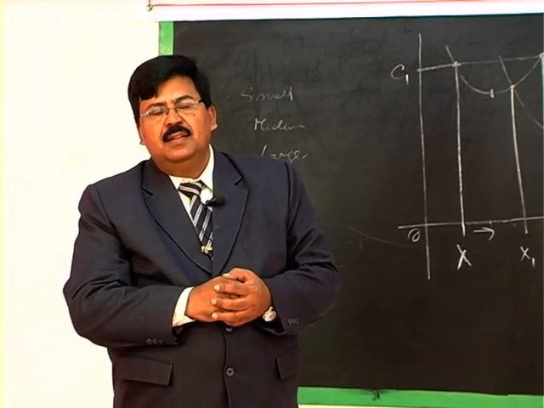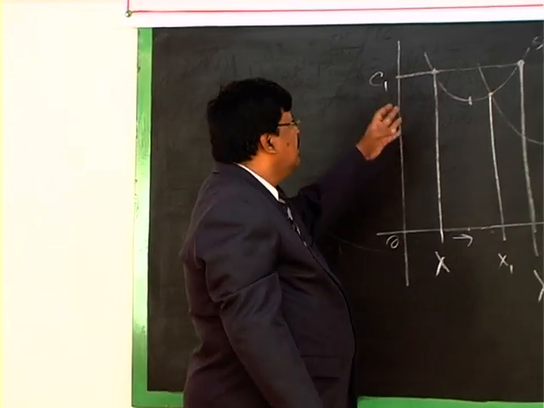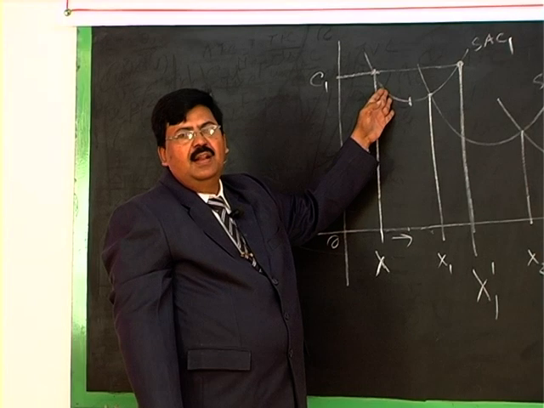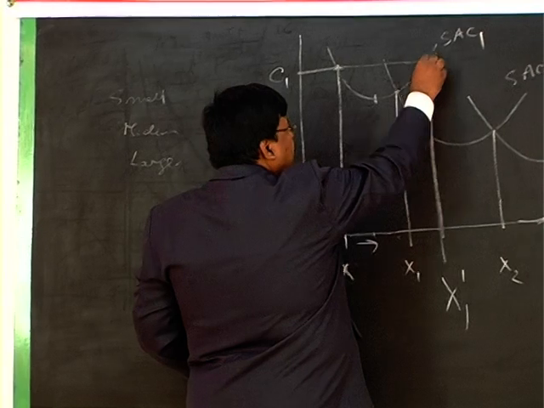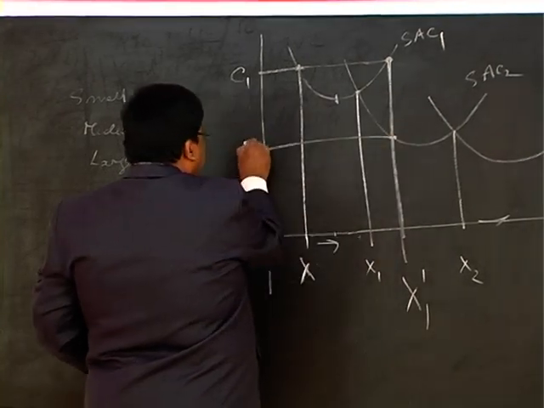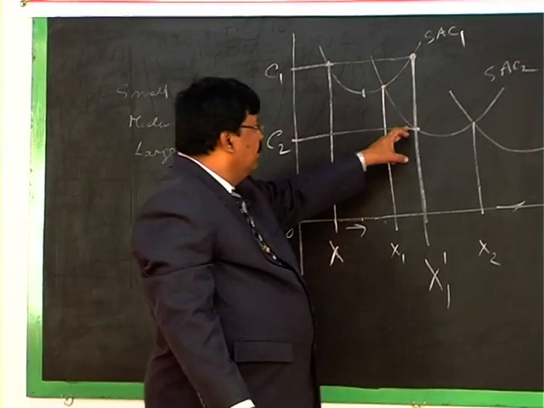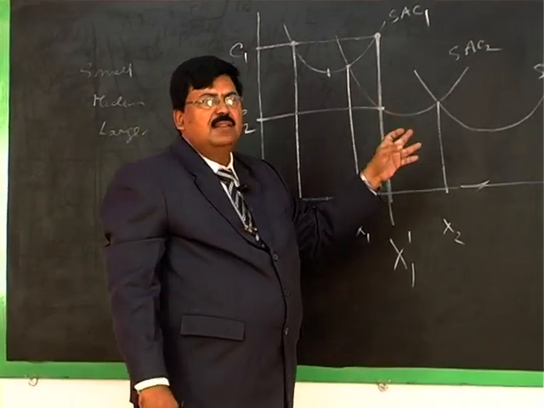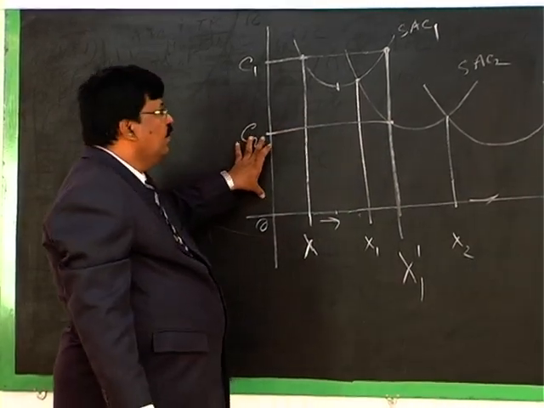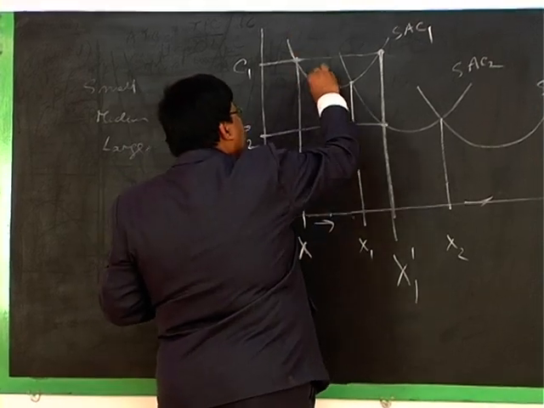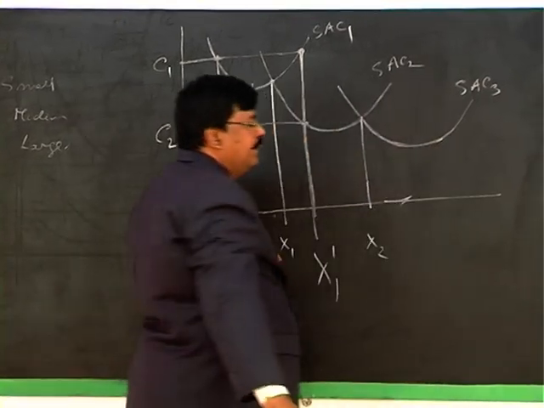But at the time of replacement, certainly he will not replace this machine with another smaller one. At the time of replacement, he will go in for a medium machine because he can reduce the unit cost to OC2 per unit. Understand? So by going for a medium machine at the time of replacement, the unit cost per unit becomes OC2. So this is the heavily shaded line. We call it LAC.